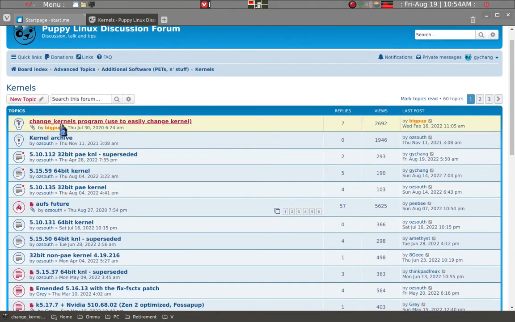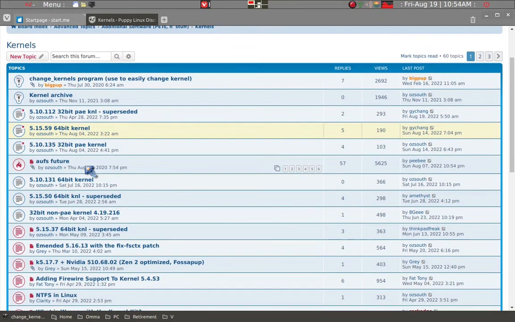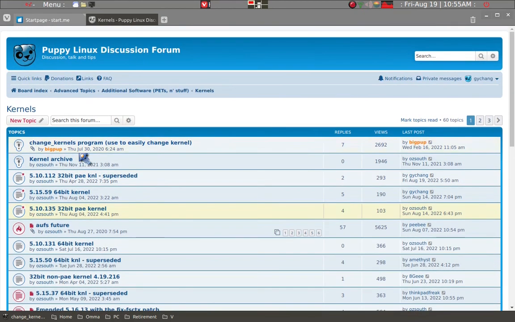There is also a program that changes the kernels automatically, but for learning, I find my manual way is much more reliable, and it also does not take into account FDRV files. So I think that's about it. This is how you change kernels in PuppyLinux, usually for better hardware support. But in my case,